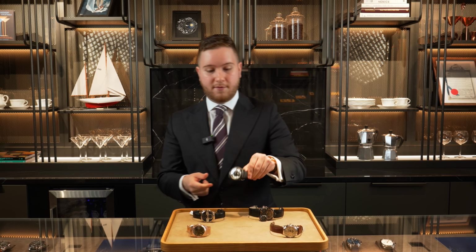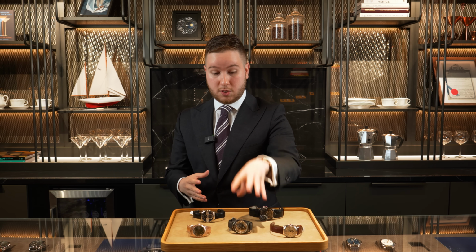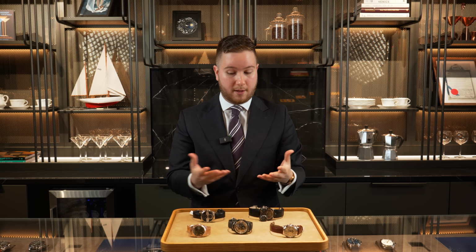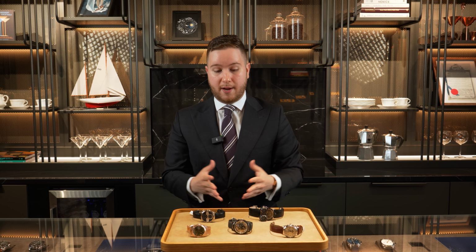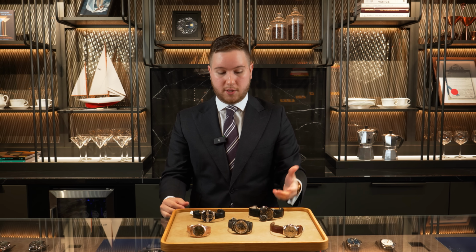And 25 years of the Freak, I'm excited to see what next year's releases will be, but this is certainly an incredible release, and I think one of the absolute best Freaks ever made, and certainly worth your attention if you're in the market for a really unique watch that is amazingly designed and has a lot of history and